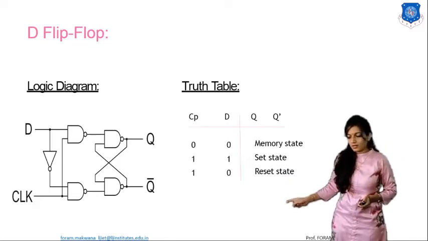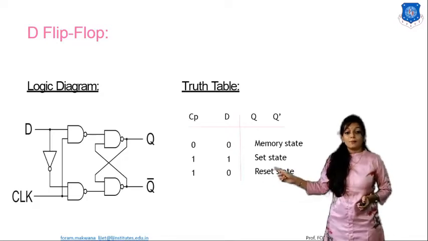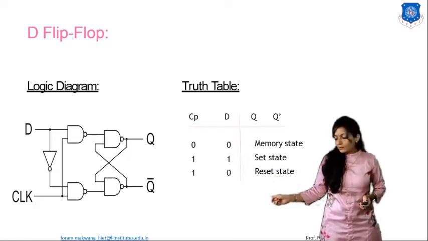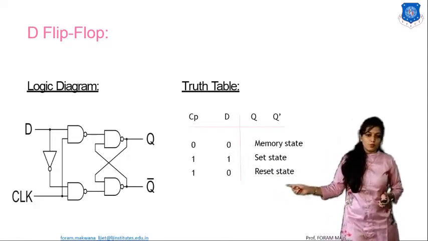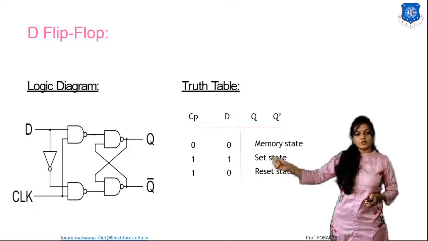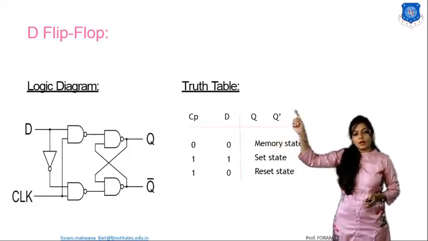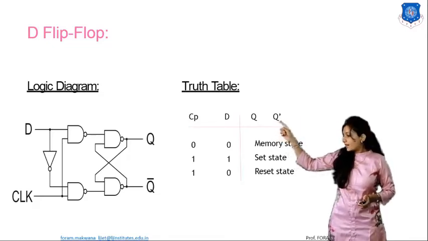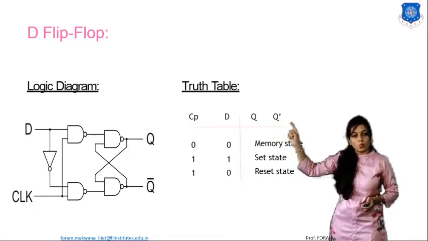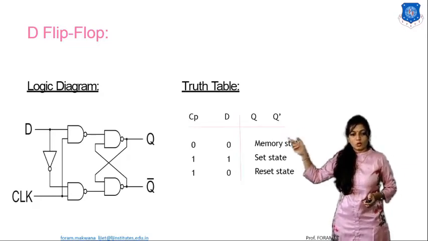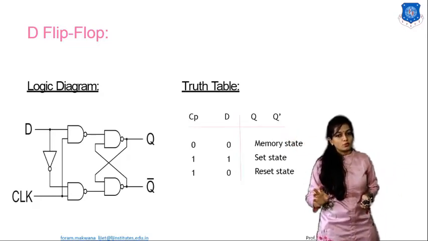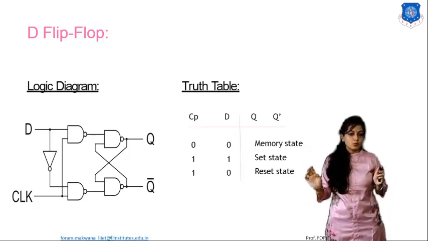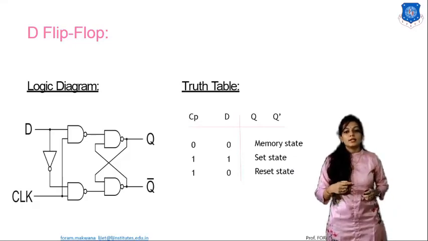Okay? Output of the first NAND gate is equal to 0, and that 0 is going to be applied to the fourth NAND gate. So if any of the inputs is equal to 0, the output will be 1. So Q bar is equal to 1. That one is going to be applied, and from that, another D is equal to 0. So my output for the first NAND gate is also 1. So 1 and 1, output is equal to 0. Right? So Q is equal to 0, Q bar is equal to 1. So the output will continuously